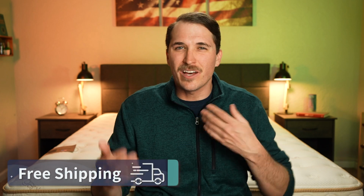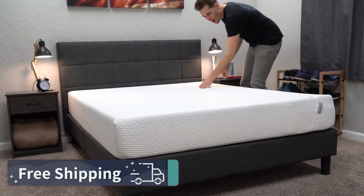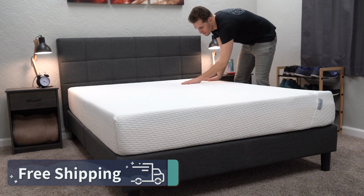Okay, so policies. What do you got to know in terms of shipping, returns, trial periods, and warranties for the Saatva Classic and the original Tuft and Needle? And before I get into this stuff, I do want to clarify right up top that we did receive both of these mattresses for free from their respective brands to review, so we could tell you guys about them and test them out. But if you decide to order either online, you should be getting the following policies,